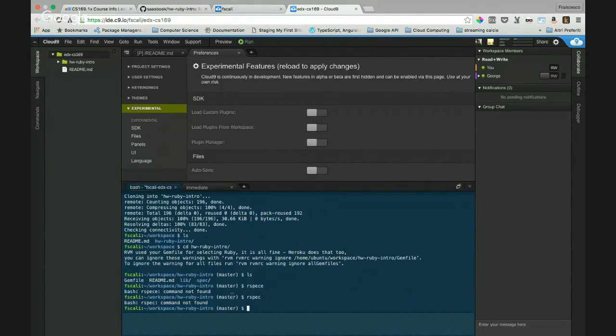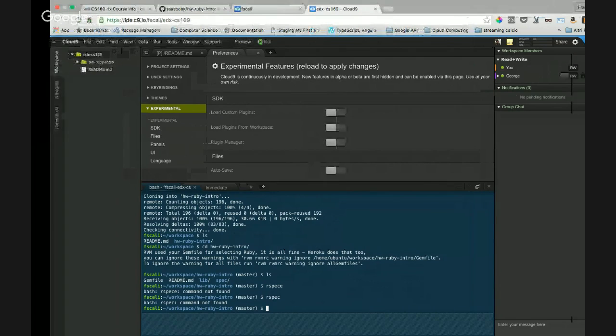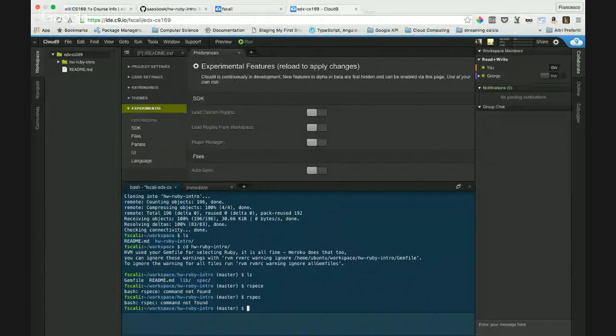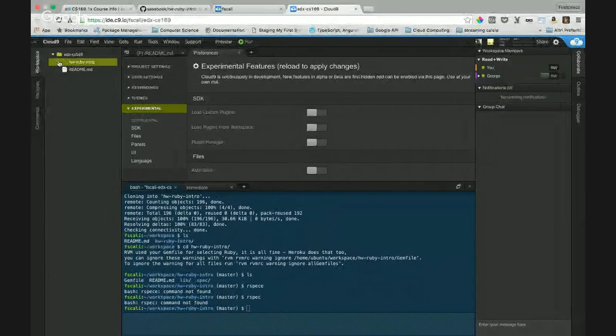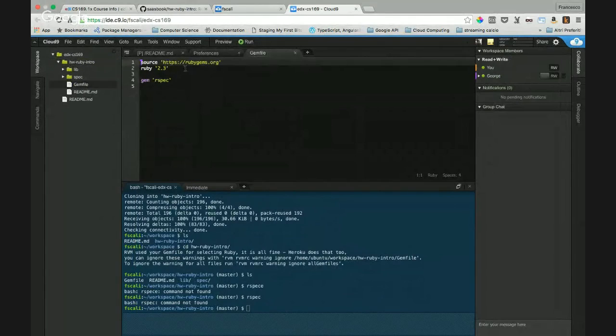Can you see the files I'm opening or no? In the homework Ruby intro there is a file called Gemfile, and you can see in it Ruby 2.3 defined and gem rspec. You can define in this Gemfile all the other gems you use, all the dependencies, and to install them you need to run bundle install.